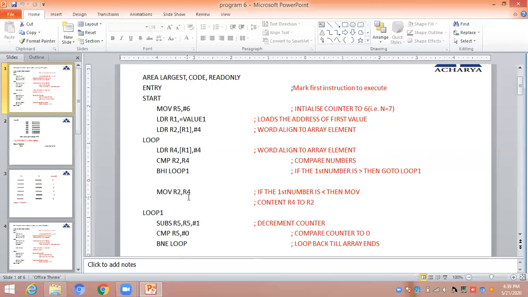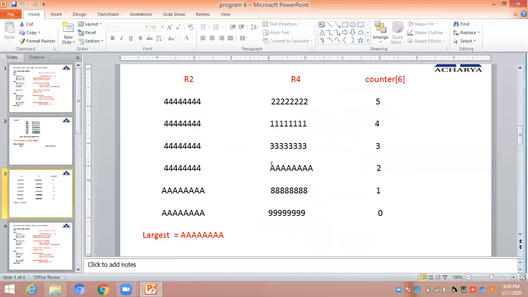So what we will do in that case, whatever was there in R4 will move to R2. Whatever the content was there in R4, we'll push it to R2, and we will continue the search. So in short, R2 will always hold the largest element. Suppose R4 is holding a larger element, then that number will be pushed to R2 only. Again, we will do comparison like this only with R4. In this, which is greater? A is greater. So there will be no swapping. Counter is decremented. Again, A will be compared with the next element, which is A again, and the counter gets decremented. Finally, it is 0.